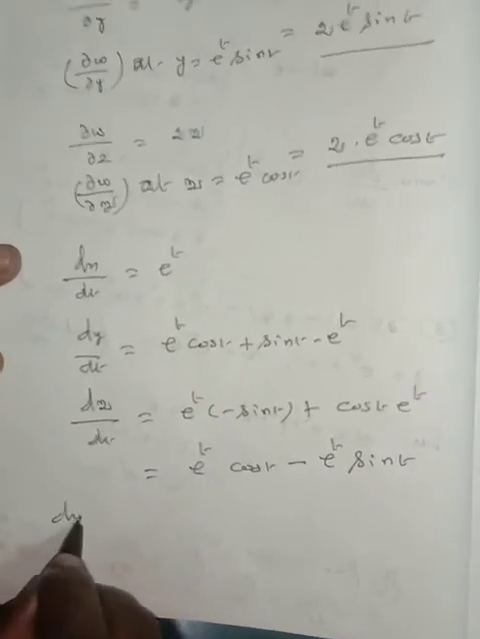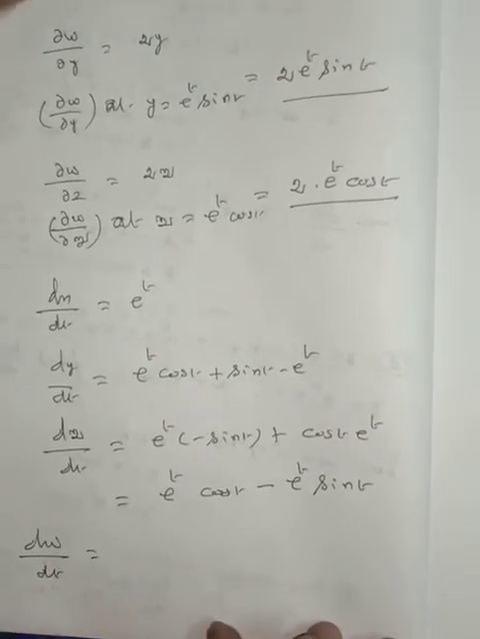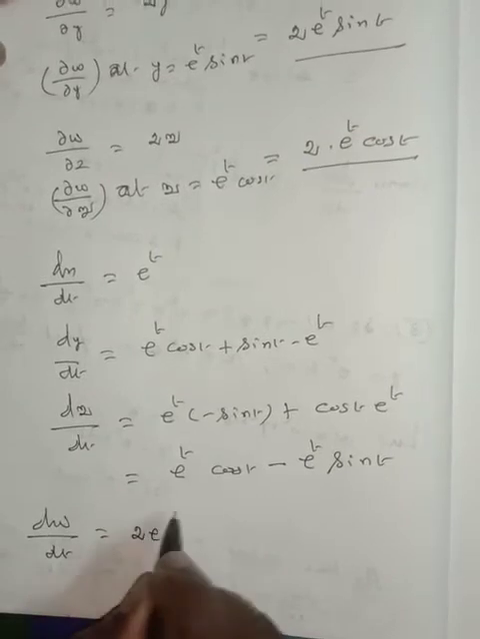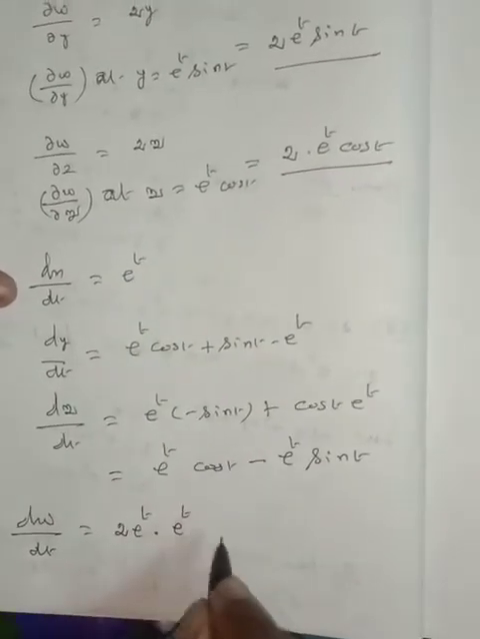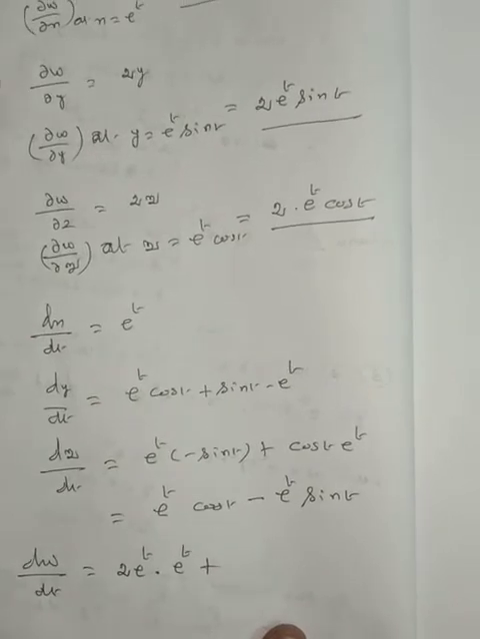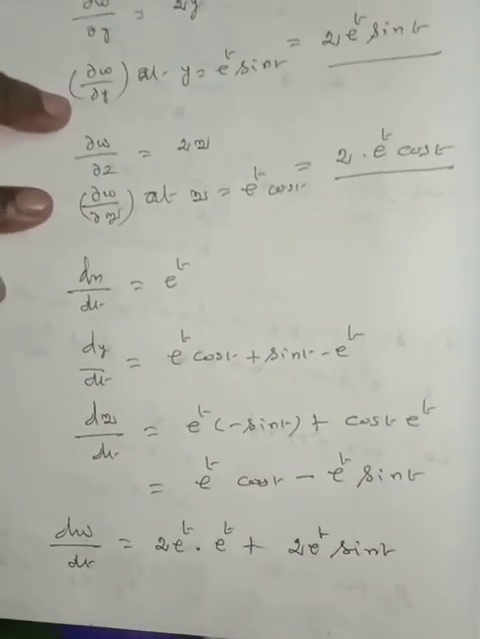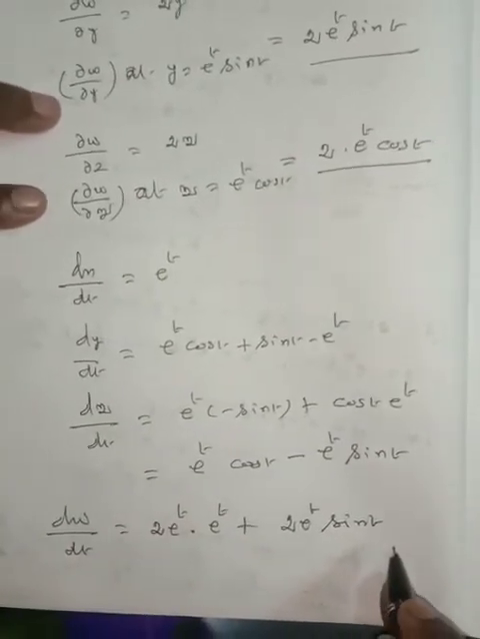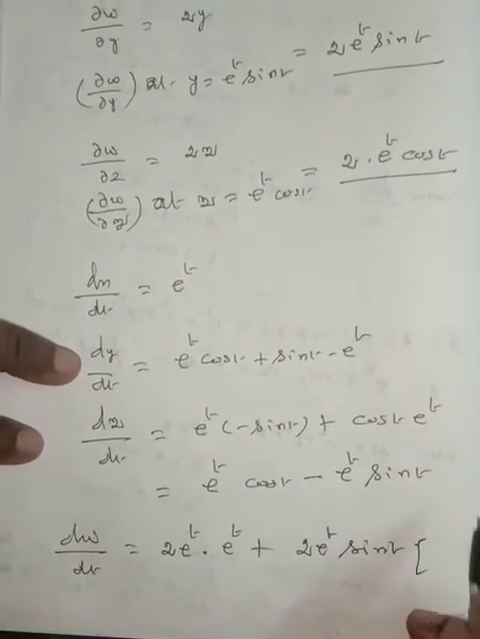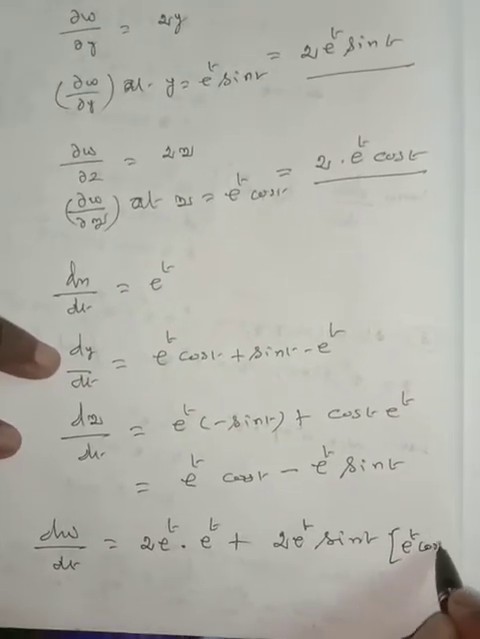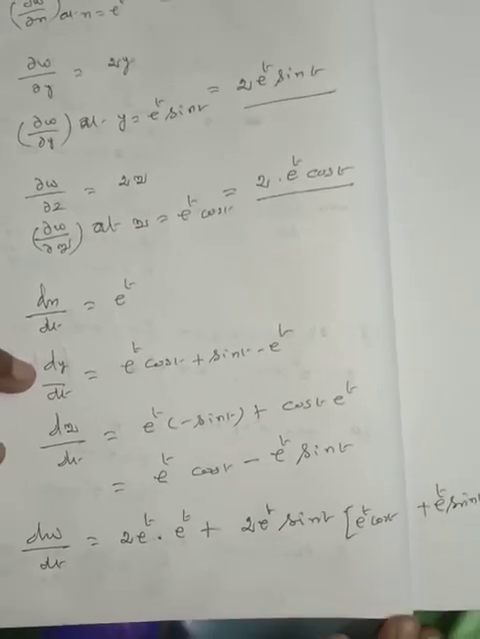Now dw by dt is equal to dou w by dou x, which is 2x, so 2 into e to the power of t, into dx by dt, e to the power of t, plus dou w by dou y at y, so 2 into e to the power of t sin t, into dy by dt, e to the power of t cos t plus e to the power of t sin t,